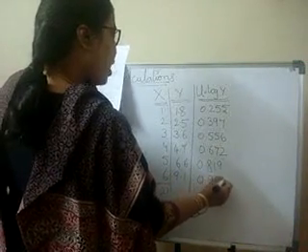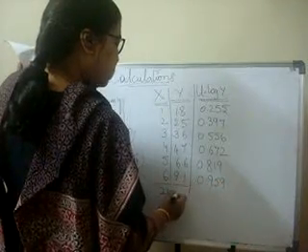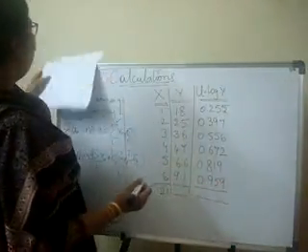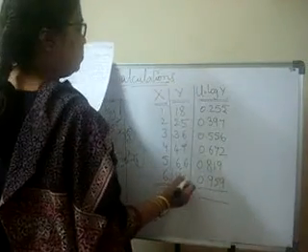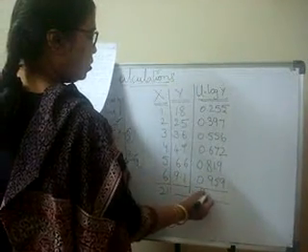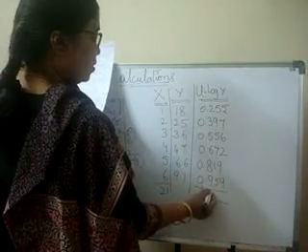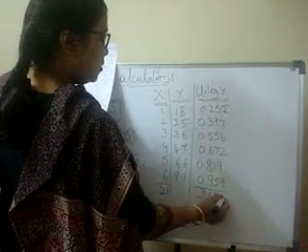Everybody should have one, and you should be practicing it. The sum is 3.658,